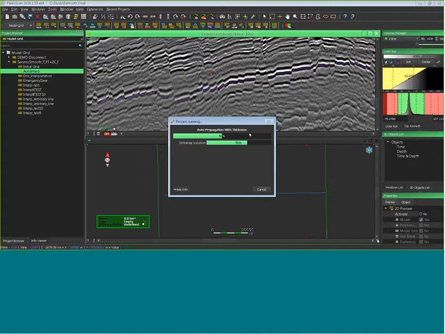Like this, I will just keep connection between nodes with very high correlation. Just a few seconds, and then I will activate my horizon, like if I edit the horizons. Sorry, just a few seconds.